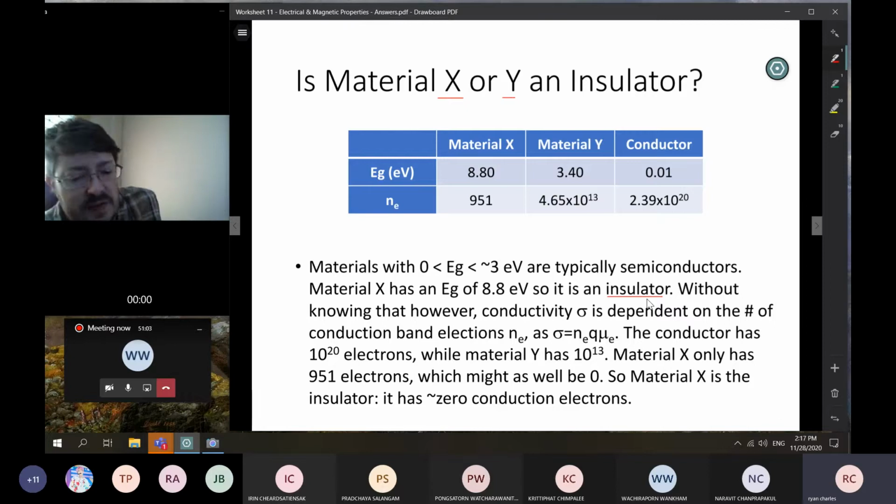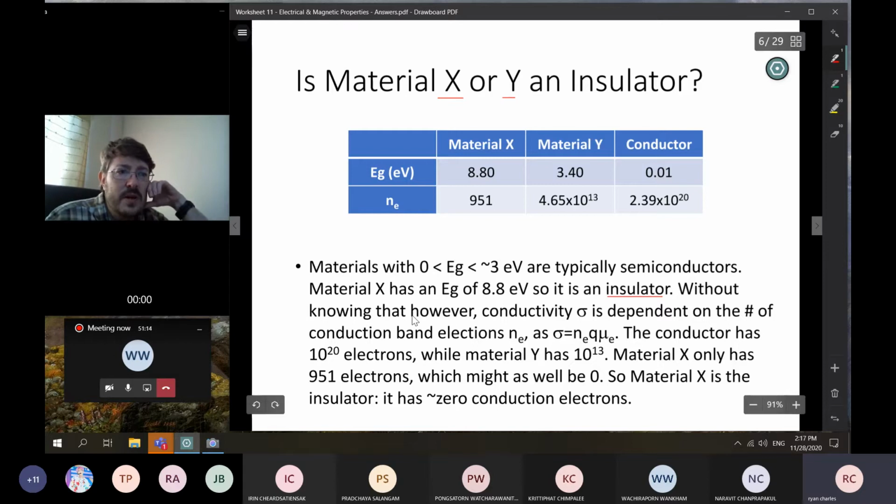Just going on that, without even calculating the numbers, just based on how we split up band gaps, we would already know it's probably an insulator, a very good one too. Without knowing that though, right? If you didn't go back and look in the slides at band gaps and stuff,